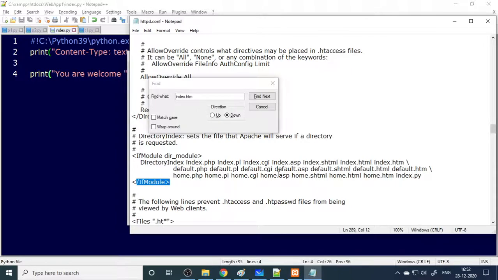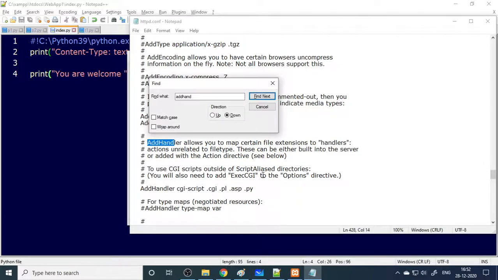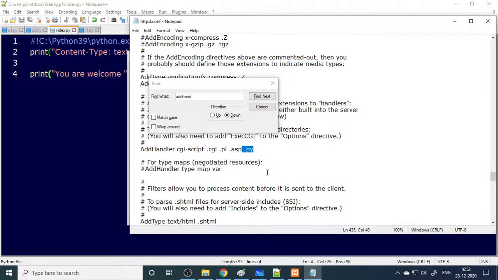In that particular folder, if any of these files is present, it should open. At the end, you should add index.py. This is the second change. The first one is add handler. Here we need to add .py. That's the first thing. Second one, you need to add index.py.